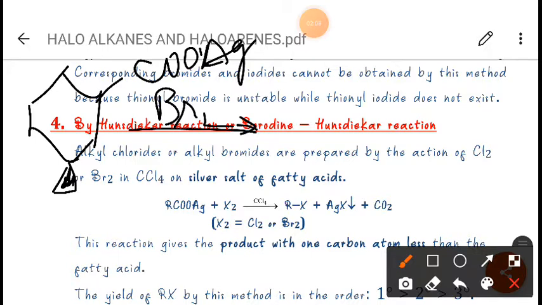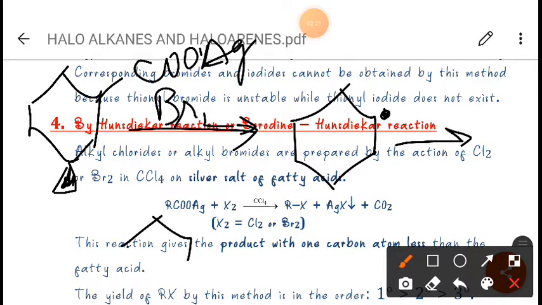The intermediate will form like this, and the product we will get is like this: here CH3, and here we will get Br. This type of reaction is called the